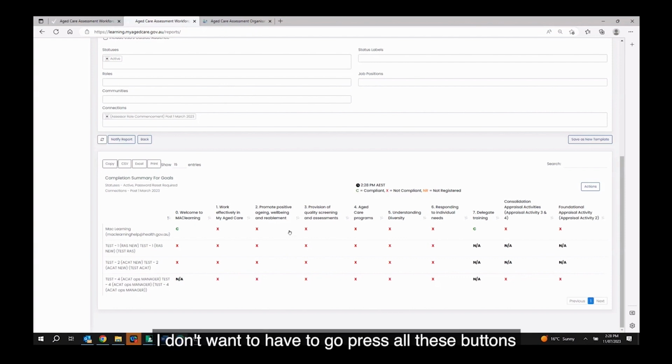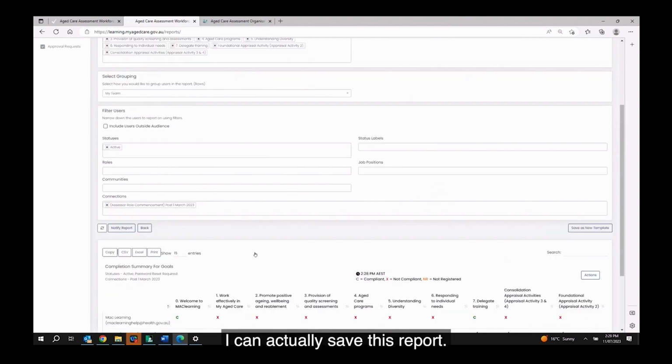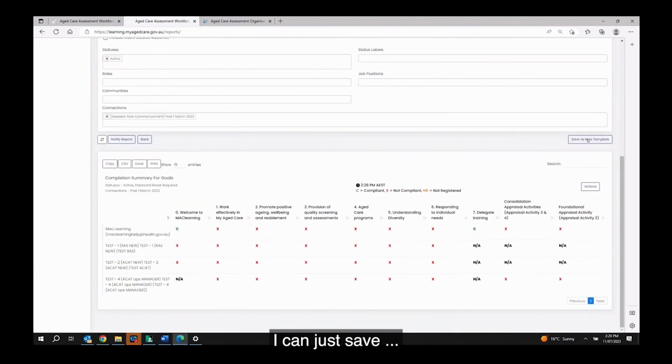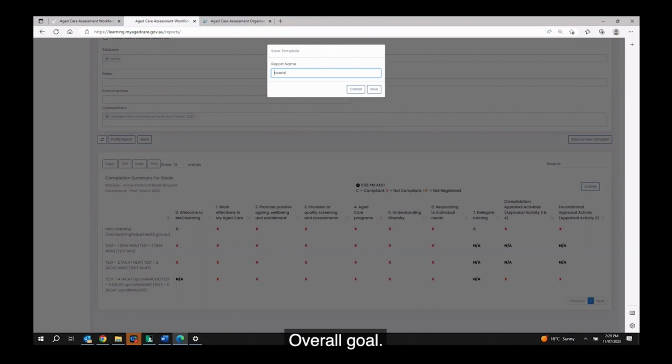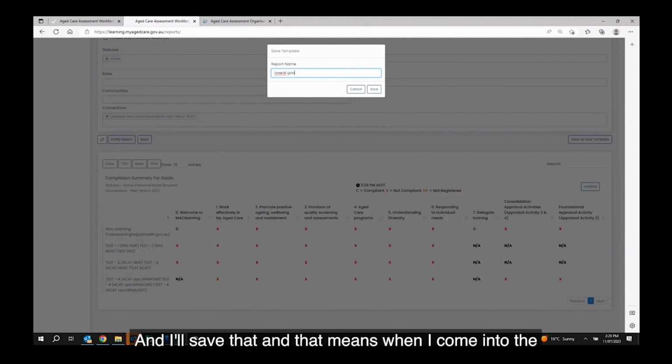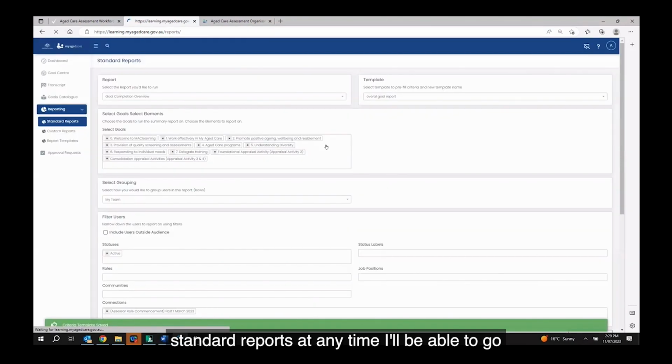I don't want to have to go press all these buttons every time I come in. I can actually save this report. I can just say "overall goal, my spelling gets better, overall goal," and I'll save that. And that means when I come into the standard reports at any time, I'll be able